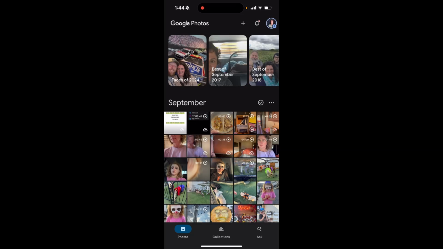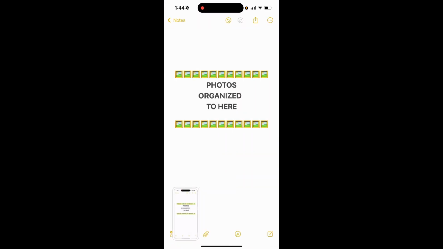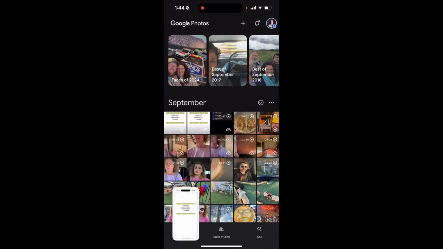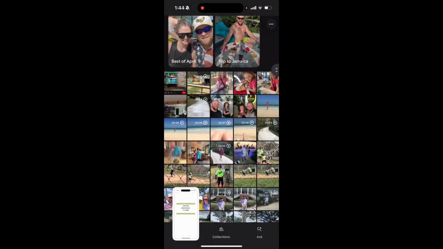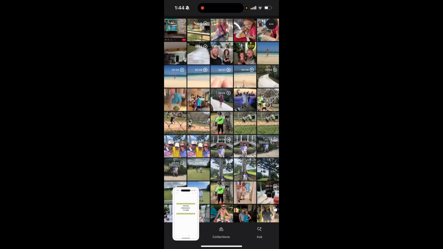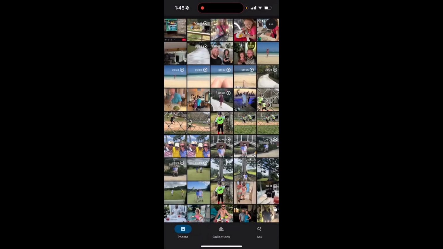So you'll use them almost like bookends. To move this one, we'll just go back to the note app and take another one. Okay, all right. So let's say that I have all my photos organized until roughly here. So you'll find the picture and look at the time. This one is April 5th, 2025, 3:03 p.m. So if I come back here